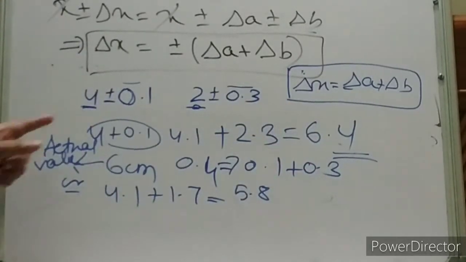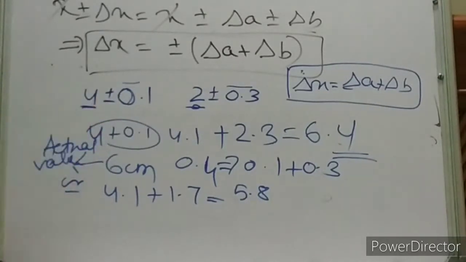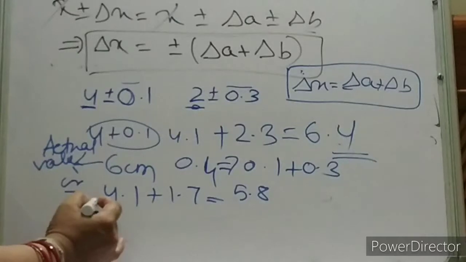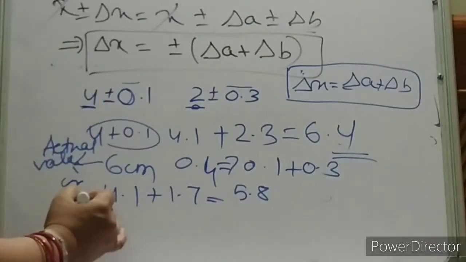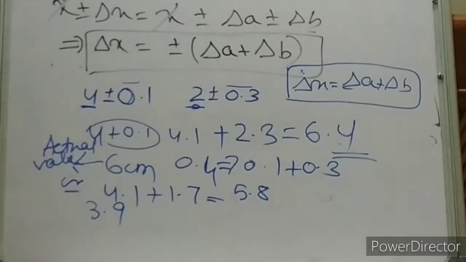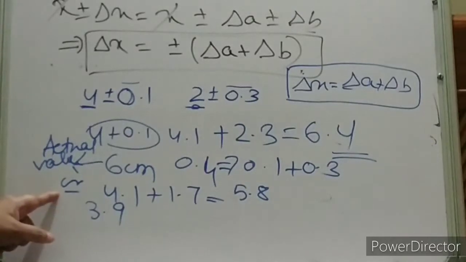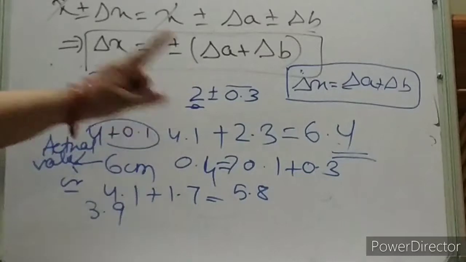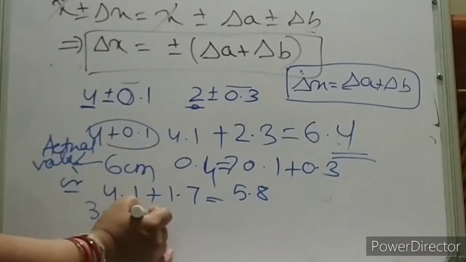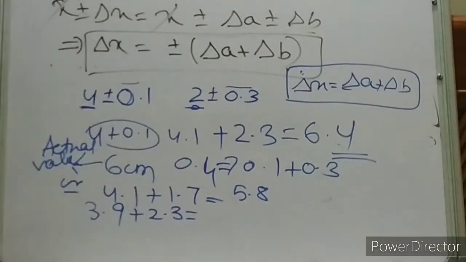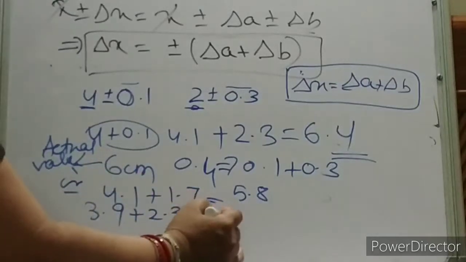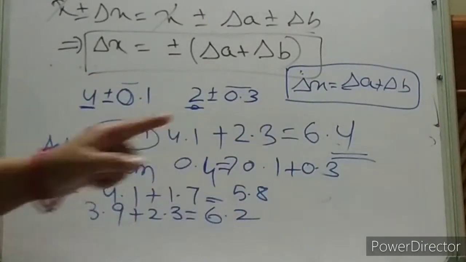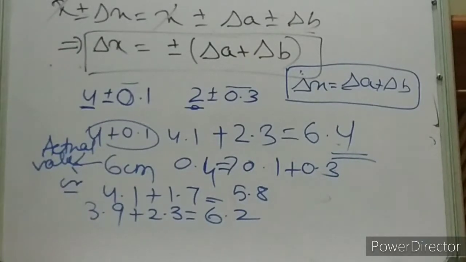Clear? Suppose here you have measured this 0.1, na? Suppose you have measured like this, 4 minus 0.1. So it will be 3.9. Okay. So if it is 3.9, suppose here you have estimated 2.3. Then what is your final result? That is your 6.2. See, it is again under your maximum permissible error.